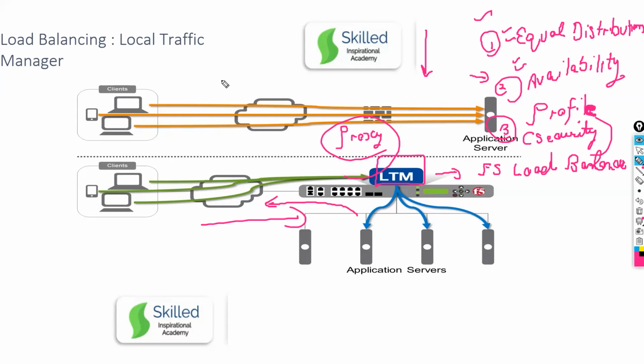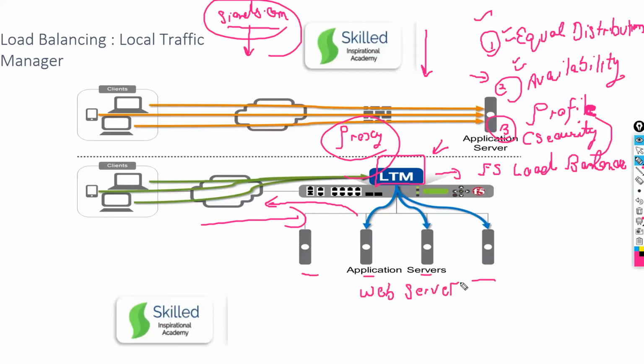The client will see your website. The website will be coming from somewhere. So can anyone tell me, when I access any web page, where it is hosted exactly? You should know the basics. Is it hosted on F5 or on the servers? The servers. So why is F5 coming in? So F5 is virtual.